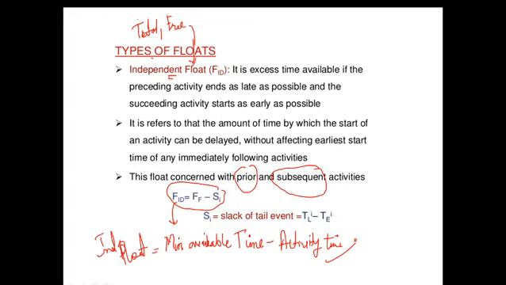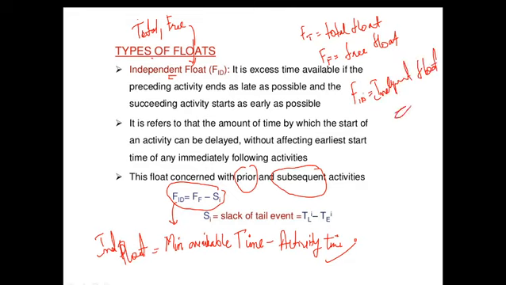What do we mean by these notations? FT is nothing but total float. FF is nothing but free float. FID is nothing but independent float. Please remember this notation. ID is for independent float, F is for free float, T is for total float. So, the empirical formula for independent float was free float minus